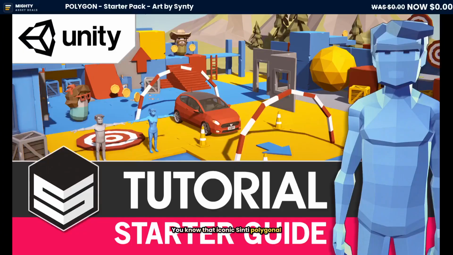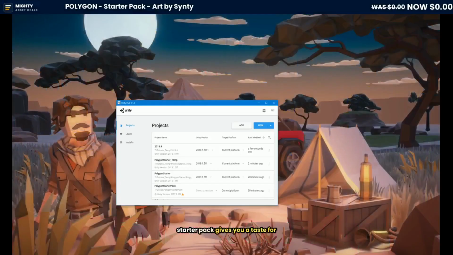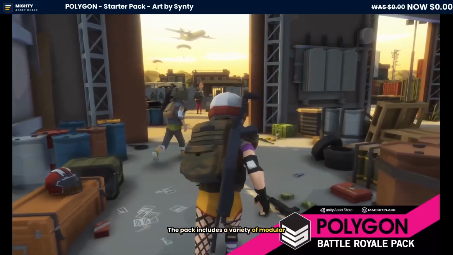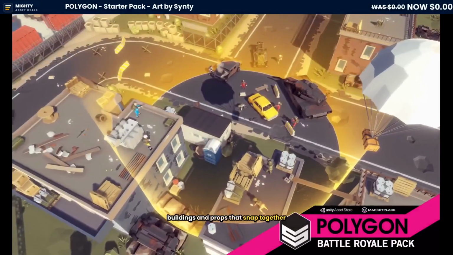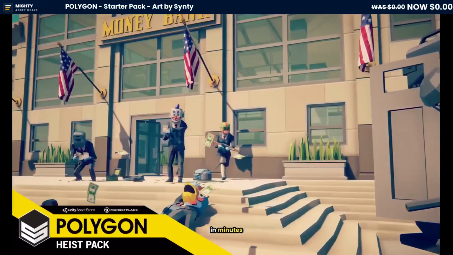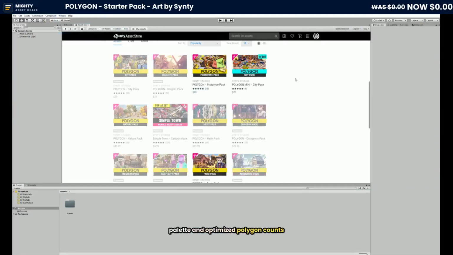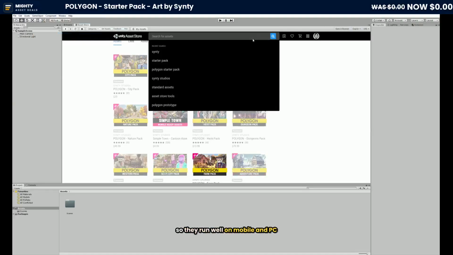You know that iconic Synty polygonal art style seen in countless games? This starter pack gives you a taste for free. The pack includes a variety of modular buildings and props that snap together, letting you build a village or dungeon in minutes. All models use the familiar Synty palette and optimized polygon counts, so they run well on mobile and